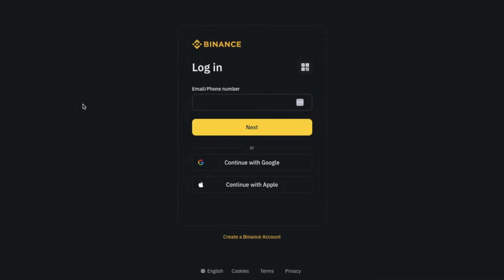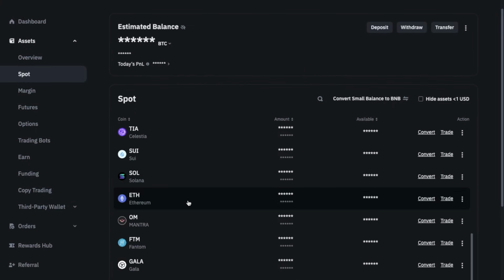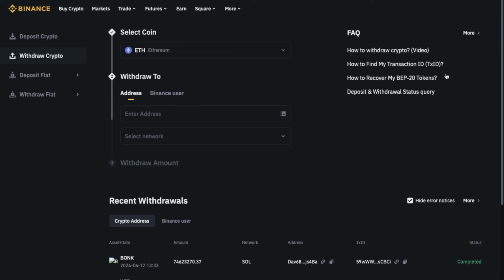But I do have tutorials and sign-up links for both Binance and Coinbase if you want to find out more information. So I've got some ETH here in my spot wallet, which I'd like to send to my Metamask wallet so that I can safely store it or possibly interact with decentralized applications or dApps. When I choose Withdraw Crypto, it'll then need the address that I want to send this to, which is obviously